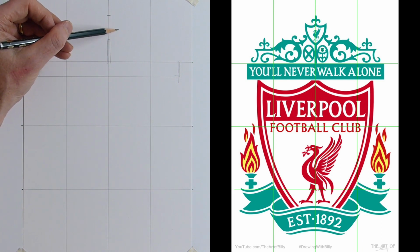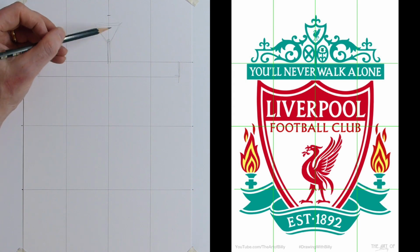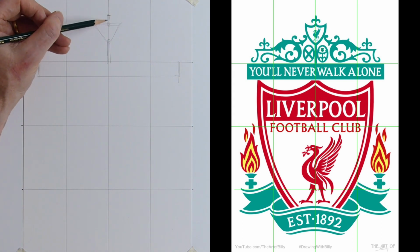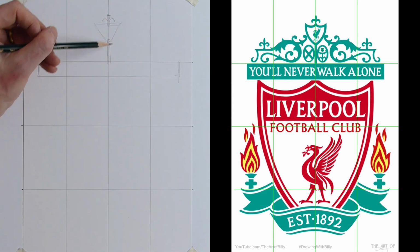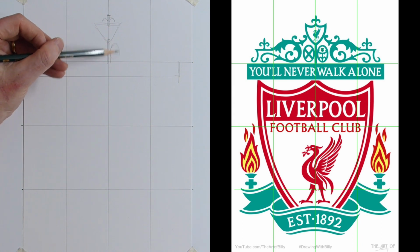Now here we've got a triangle, and then we've got this little fleur-de-lis at the top. So I'm just doing a little kind of oval shape, and then we've got a little kind of wiggle like wings that are coming off, little leaves that come off the side of that fleur-de-lis. Now here we've got an oval,